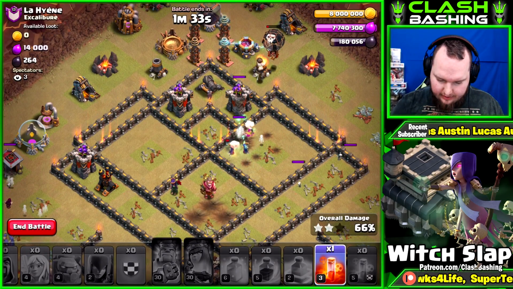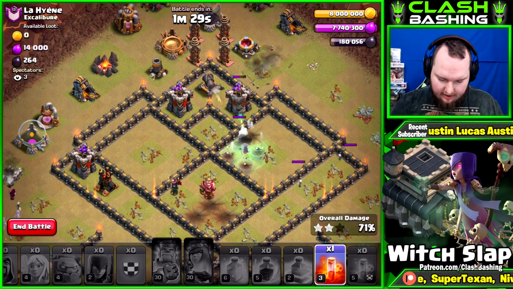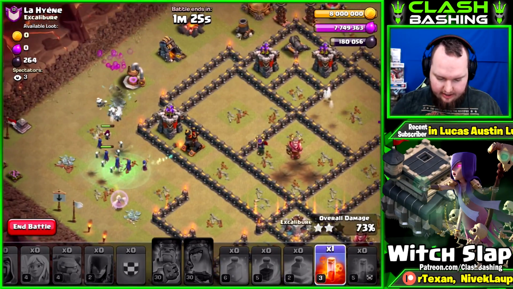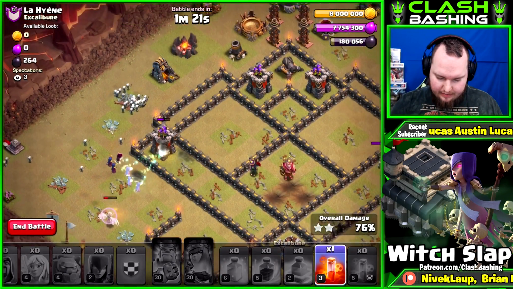We're losing witches, though. We can't lose witches. Mortar, go down! Alright, mortar goes down. I don't know if that's going to be enough to help us on the back end, though. We got plenty of witches over here. Is it enough witches? I'm not sure. But we got plenty of them. Alright, let's,